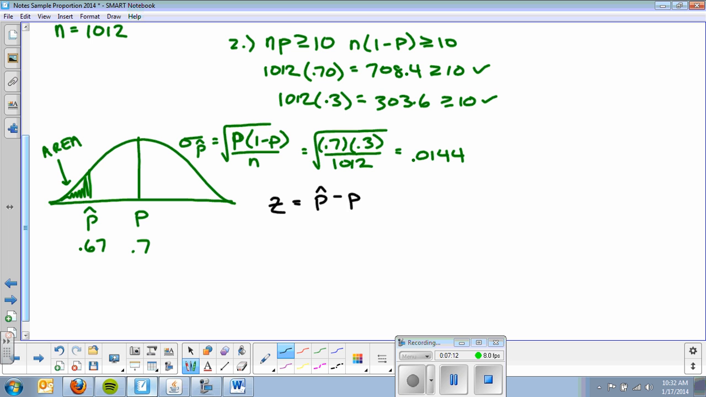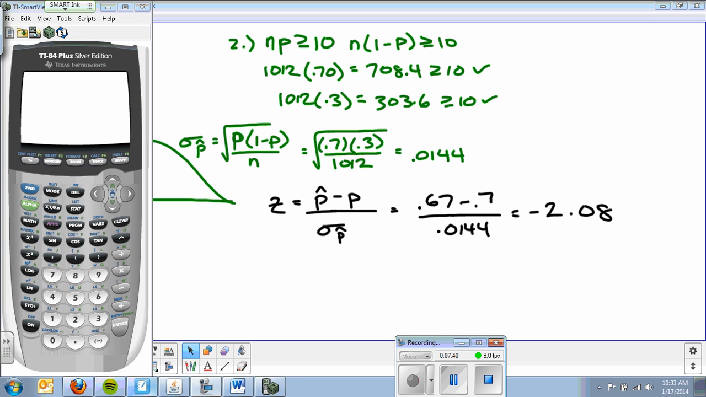So we'll use our formula, P hat minus P over sigma sub P hat. I don't like to rewrite the formula, so we're just going to write sigma sub P hat, because we already calculated it above. So that's 0.67 minus 0.7 over 0.0144. I type that in my calculator, and I get a z-score of negative 2.08. Now, because it's a normal calculation, I'm going to use normal CDF. My min is negative 1 and a bunch of zeros, and my max is negative 2.08, and that gives me